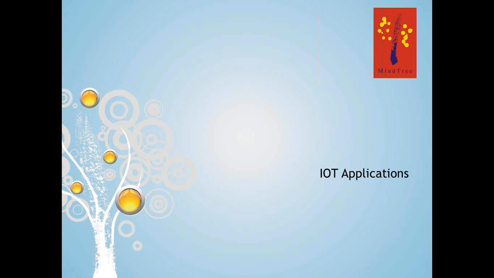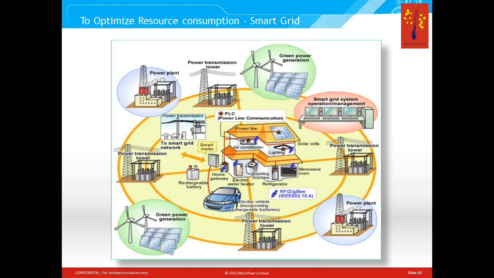So now let us see the IoT applications, some of the applications. The smart grid, this is the first example I'm taking. So what is the advantage? This is one example where you can use such a network of smart objects to conserve the resources or to optimize consumption of the resources. And the smart grid is a classic example of